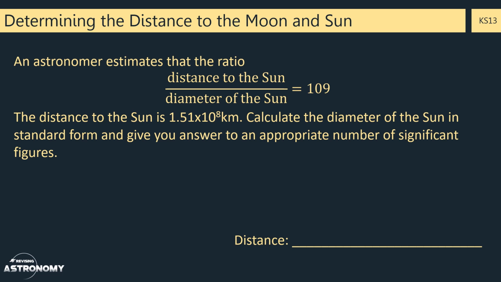An astronomer estimates that the ratio distance to the Sun divided by diameter of the Sun equals 109. It tells us the distance to the Sun is 1.51 times 10 to the 8 kilometers. That's our distance to the Sun, and that divided by the diameter of the Sun, which is what we are trying to calculate. So we'll call that x, equals 109. So now what we need to do is bring the x over by multiplying it and bring the 109 over by dividing it. So we get 1.51 times 10 to the 8 divided by 109 equals x. And if we work x out, we find out it's